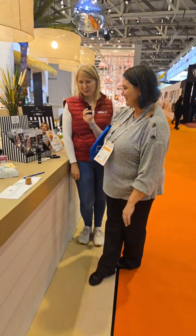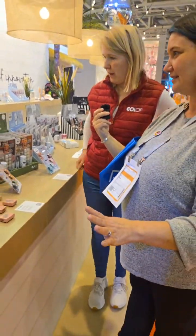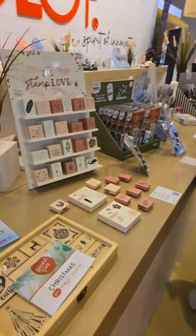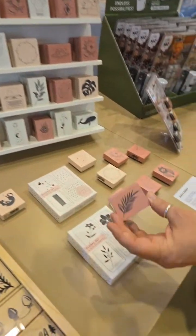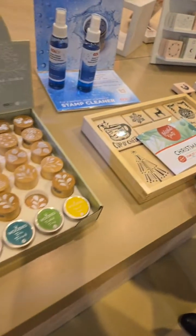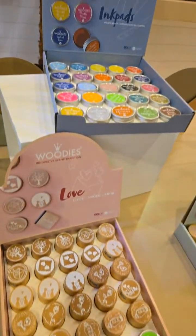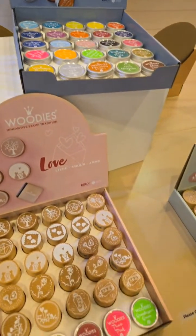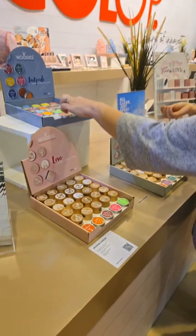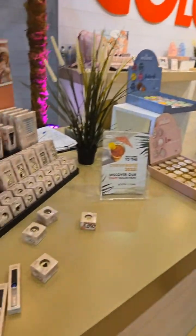Very interactive. Very fun. And then what do we got going on here? Here we have wooden stamps. They're really also nicely coated in pink and white. Cute. Very cute. Then we have some Christmas stamps. Yes. And also some other stamps, round stamps with fitting ink pads. What are these woodies? The woodies, these are the ink pads for these kind of stamps. Oh, and they're made so they have a little circle. Exactly the size to fit the stamp. They fit nicely perfectly in it. Yeah, exactly. Got it. That's cute. And then these are...